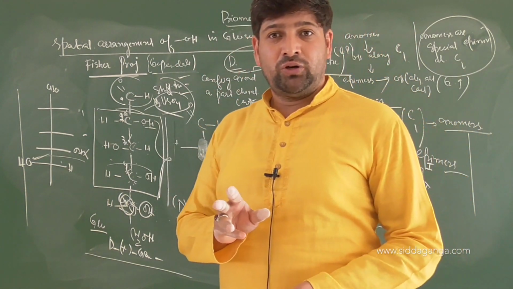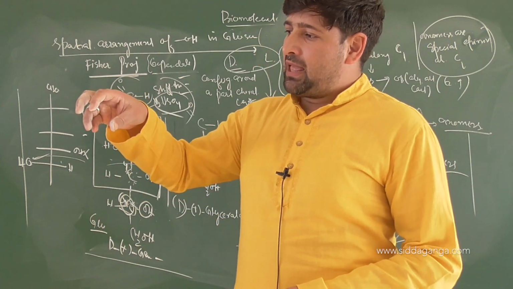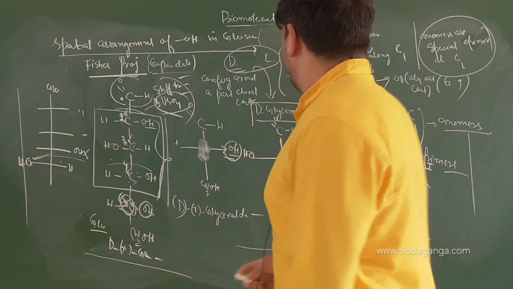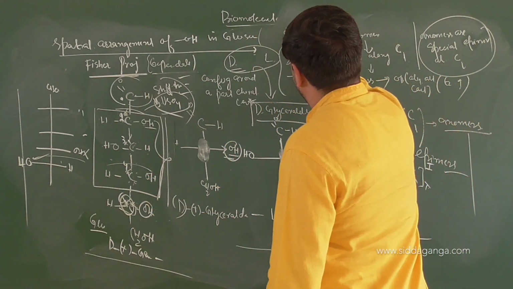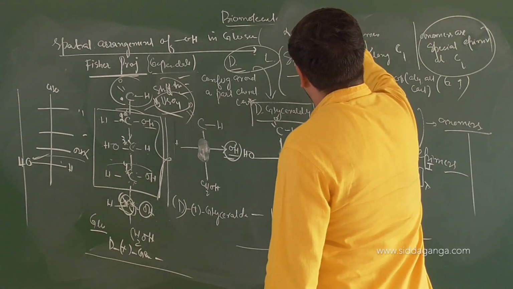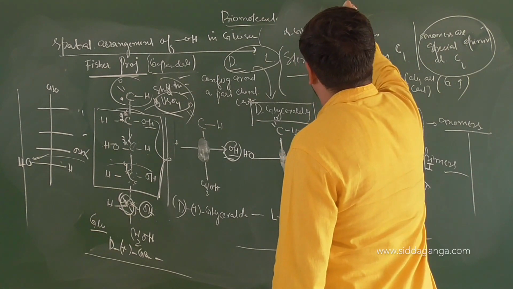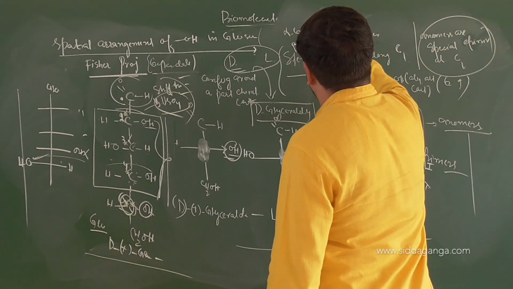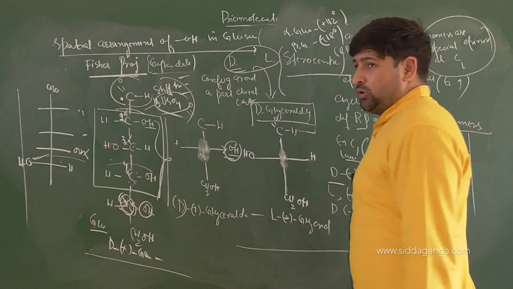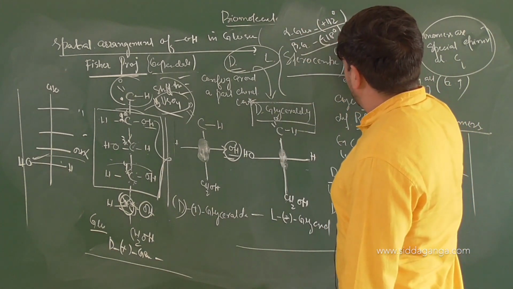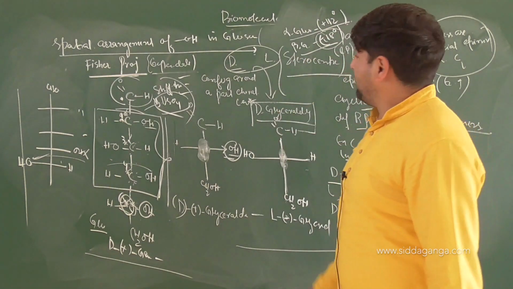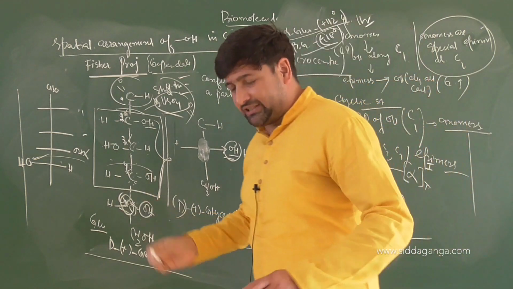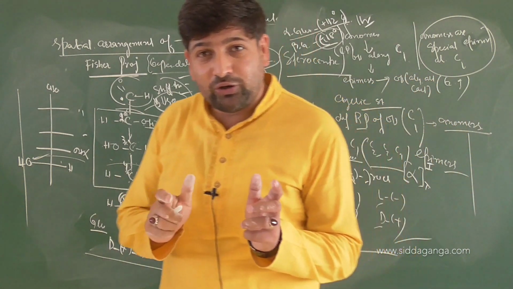So if you take pure alpha, you should expect its optical rotation to remain the same, because alpha glucose has an optical rotation of almost plus 112 degrees, and beta glucose has an optical rotation of almost plus 18 degrees. So if you have pure alpha form or pure beta form, its optical rotation should remain the same. But when you leave a solution standing for 1 hour, you find that the optical rotation alters.